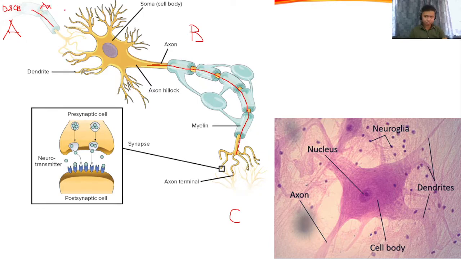So cell A from its dendrite receives information. The cell body will interpret that information and pass it on to another nerve cell through its axon. Moving forward, until such time, it will